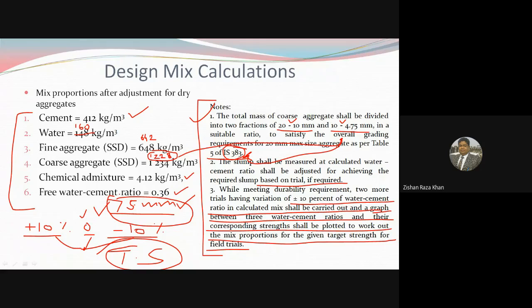Now, third point, after adjusting the slump, it is recommended to make a mix with plus 10% of water by increasing the water cement ratio, and by decreasing the water cement ratio by 10% you make another mix, and find out what the target strength is. So you confirm your target strength based on these three trial mixes. Okay, so it means